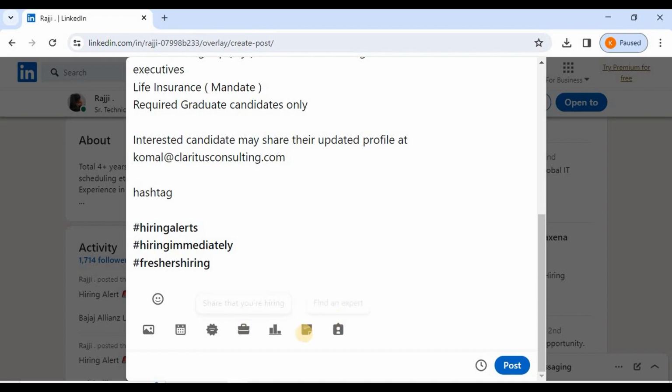Once you click on the more option, you will get one option, add a document. This is also a good option. If you want to attach the job description, you can use this option. Or if you want to add your company profile, suppose this post